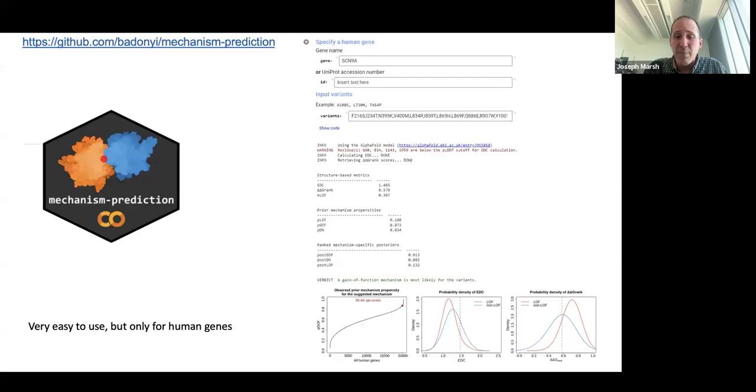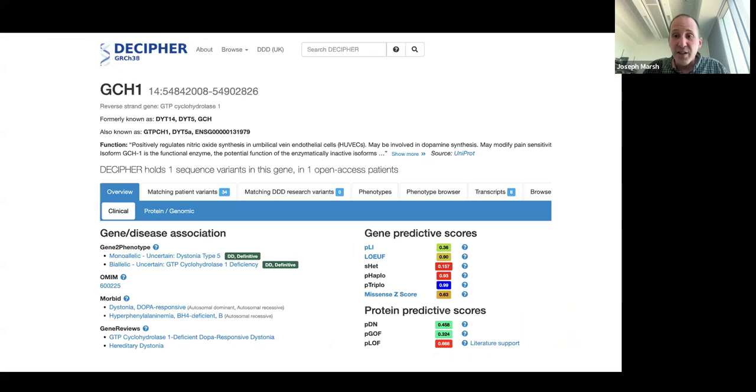It's got a simple Google Colab. So if anyone's interested in using it, it only works for human proteins right now, but it's very simple to use. You can just input the name of your gene and a list of variants, and we've got pre-calculated stability impacts using AlphaFold structures across the human proteome. So it just pulls down that structural information along with other gene level properties that we have, and it outputs a score telling you the likelihood of different disease mechanisms. So in this case, the gene here has a very high chance of gain of function impact. Also scores quite highly for dominant negative effects, but we know it's almost certainly not due to a loss of function. And our scores now are also included in DECIPHER.